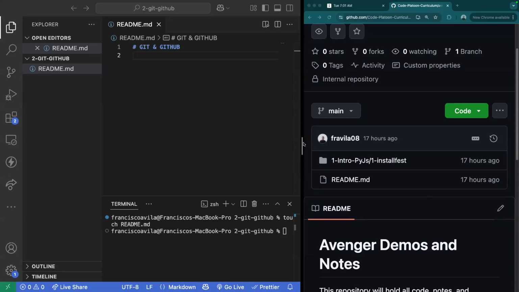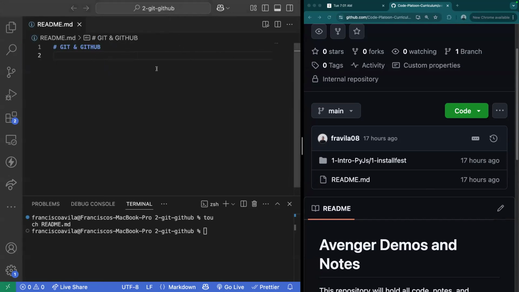All right, welcome everyone. Today we're going to go ahead and talk about Git and GitHub. These are going to be our version control tools, and we're going to talk about their differences and why they are important for us. So we'll start by breaking down Git, and then we'll end our lecture by talking about